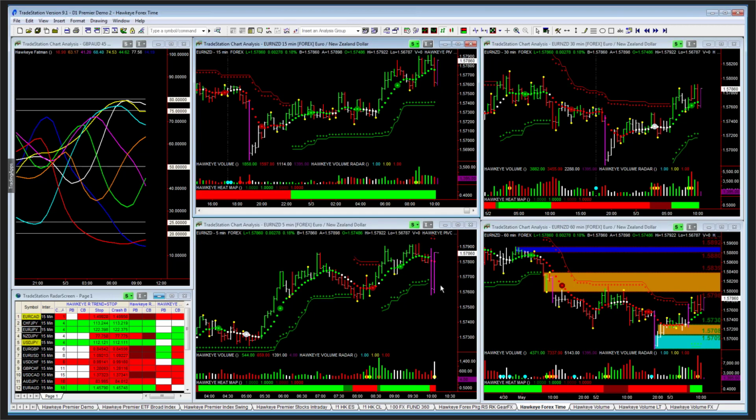then that 5-minute also is long, but now it's entered back into congestion. It's gone short, but the trend is still in a sideways market right now. So right now we're still getting very close to the upside. Prior resistance has been strong, but we need to see that broken. We're seeing a lot of selling pressure coming into this, so we're not looking for a lot of upside on this because the euro right here was weakening at the same time that the New Zealand was weakening, but now you're starting to see the euro strength coming back.